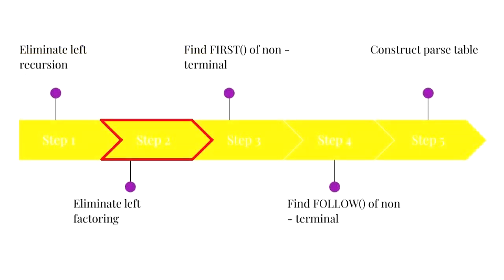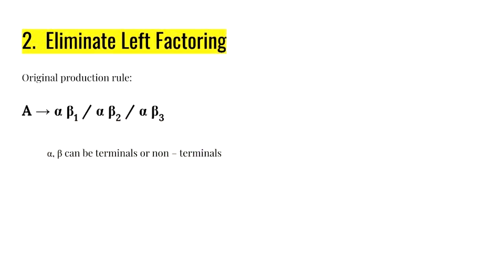Step 2 will be to remove left factoring from the grammar. Let us understand the concept of left factoring. Let us say that we have an input string that starts with Z. If I have a grammar in which all of the production rules start from deriving Z, then the compiler will be confused about which production rule to choose. So it is clear that common prefixes introduce ambiguity to the compiler,